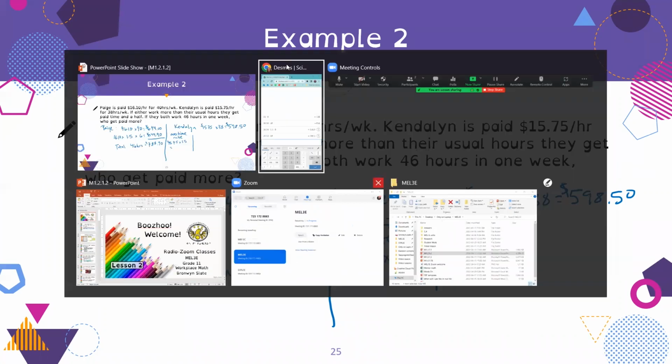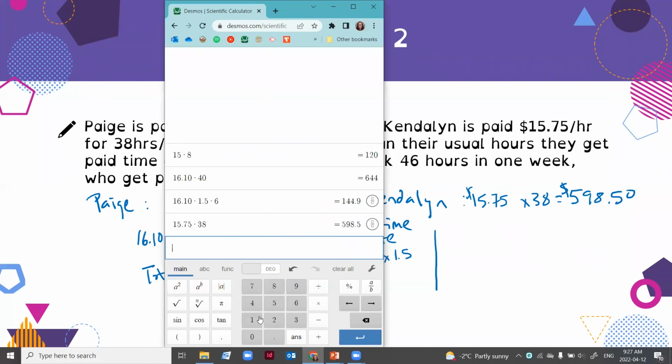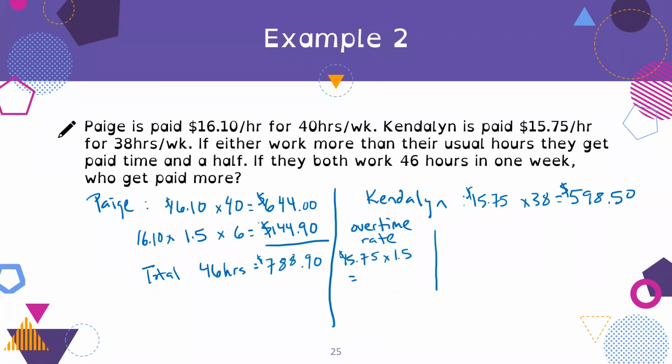So $15.75 times 1.5 is equal to 23.625. You could potentially use that, but let's round, as we always round money, to $23.63. So Kendallin's overtime rate is $23.63.